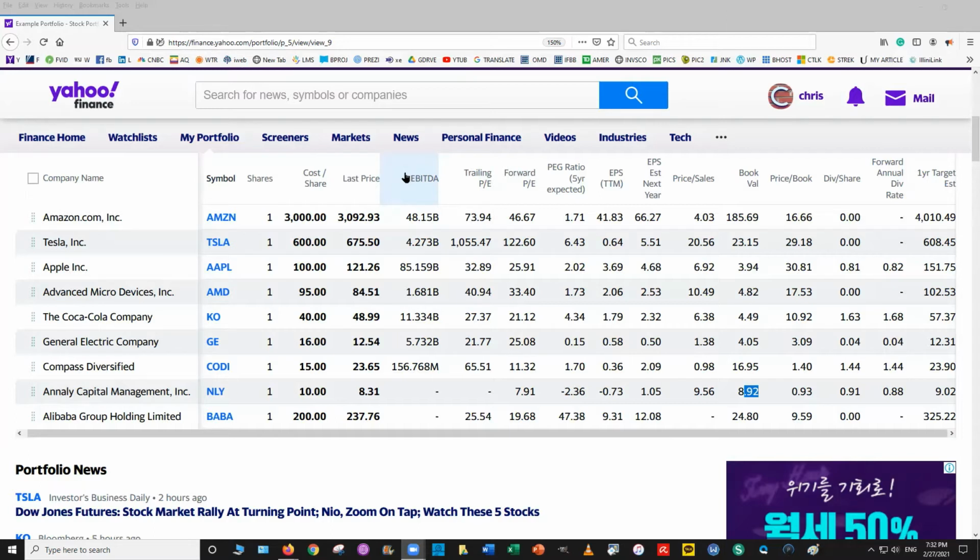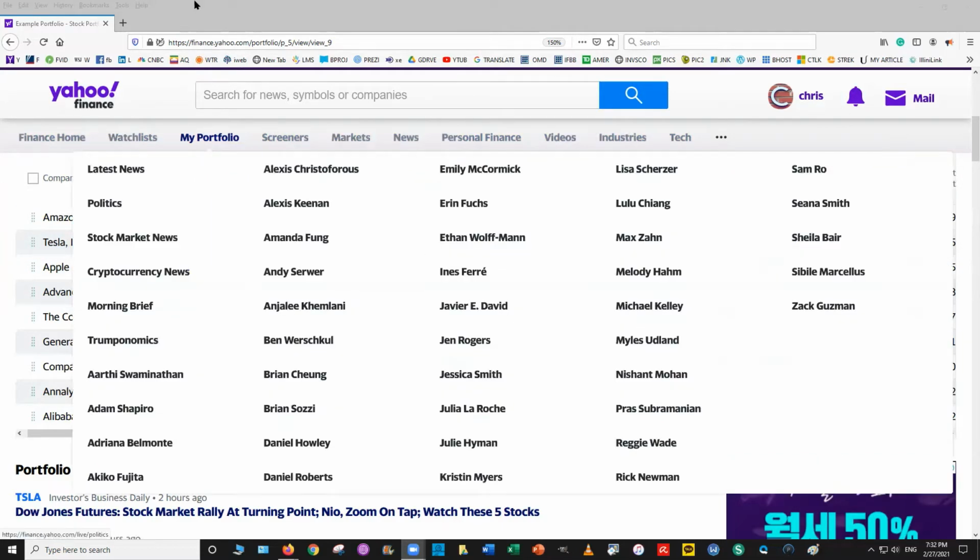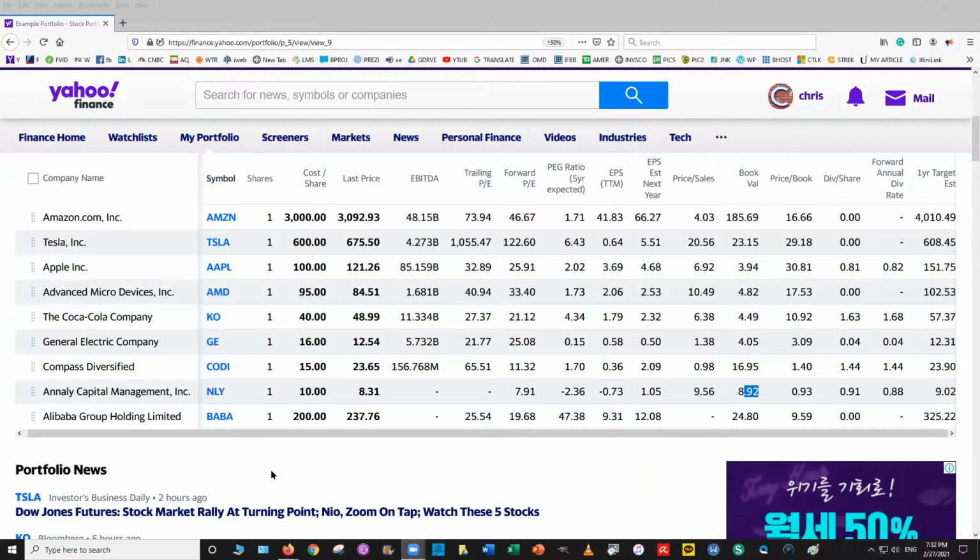How do you do a technical analysis? Okay, so let's start with looking at the idea of EBITDA, which is earnings before interest, taxes, depreciation, and amortization. Okay, wow. So what the heck does that mean? Well, the earnings that a company has is very technical. And if you go through and look at the cash flow and the income statement, and you look at the balance sheets, you'll see all these figures and numbers.